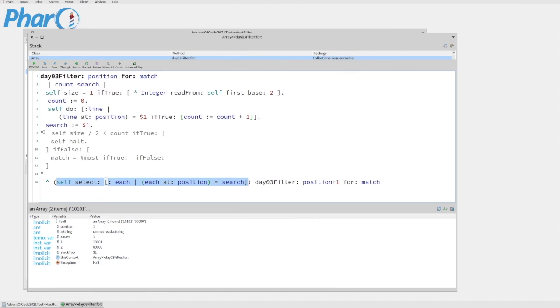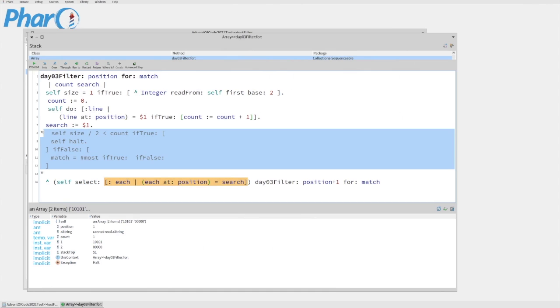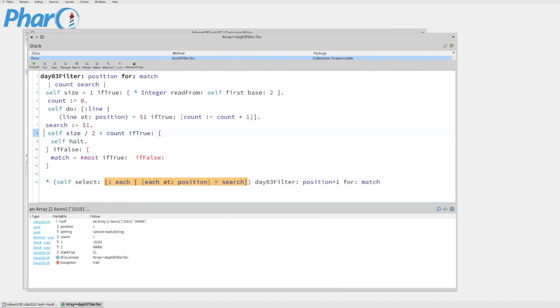So if this is true, then there are more 1s than 0s. And if I'm looking for the most, then that means that I want to